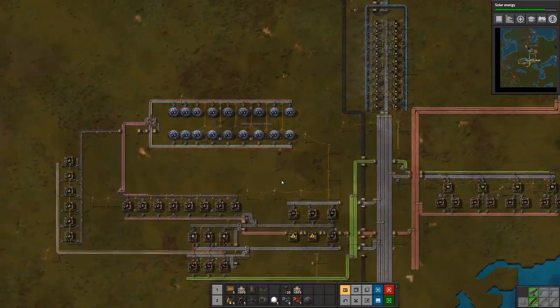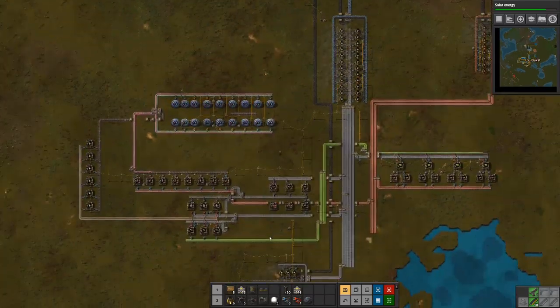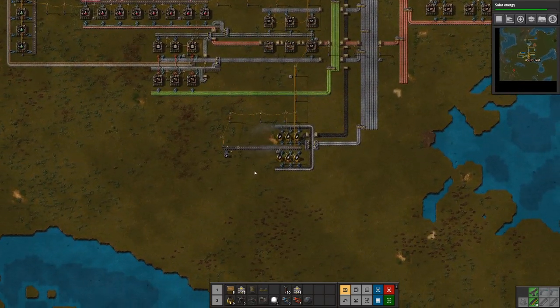How long have I been going right now? Oh, we're almost at 3 hours, huh? Time flies when you're Factorioooing it up. What time is it right now? It's almost 9 o'clock. Huh? I think I might